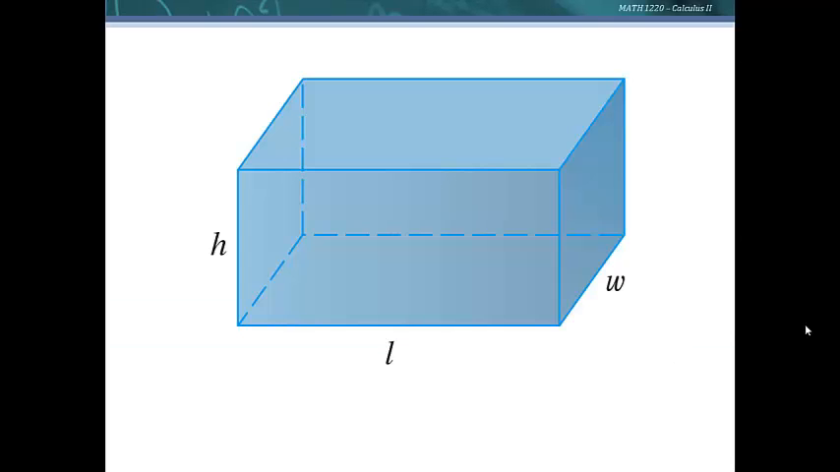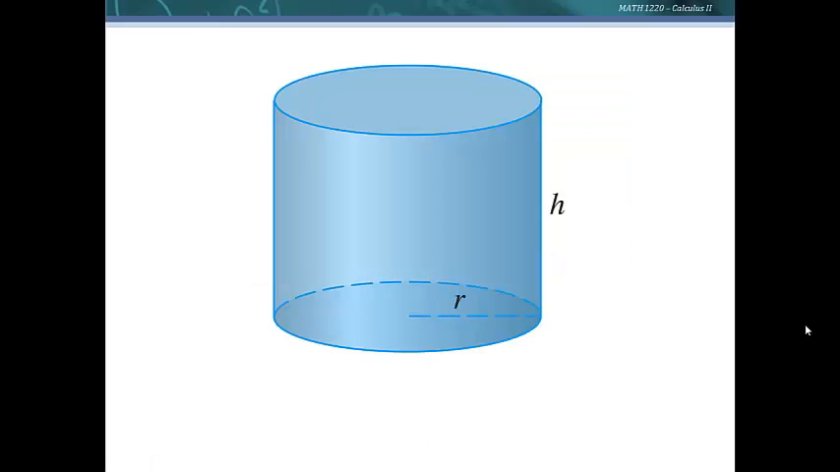If we wanted to know the volume of this box, we could take the area of the base, which is length times width, and we could multiply it by how high it is. If we wanted to know the volume of this cylinder, we could do a similar thing. Take the area of the base, which is circular, so that would be pi r squared, and multiply it by how